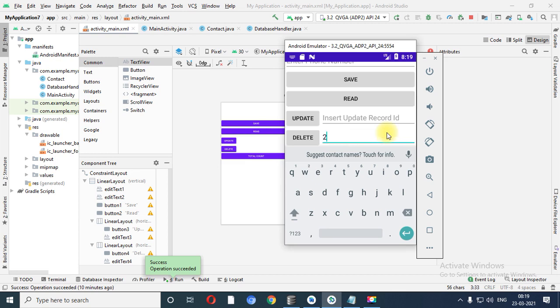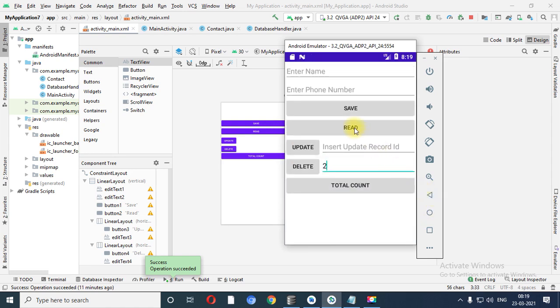So let me insert delete ID number 2 and click on delete. Record deleted successfully. Now let me again click on read to check whether the second record is deleted or not. So over here only one record, even you can check it with the total count, only one record.